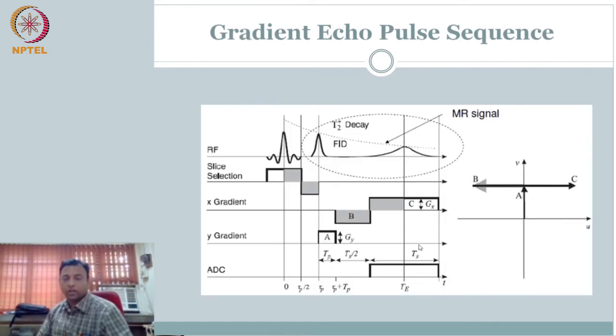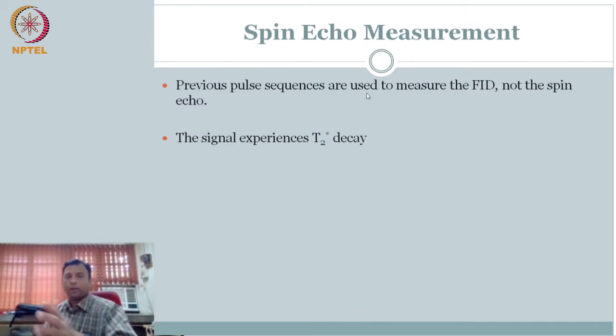So let's also complete, by the same token, what we talked about for gradient echo. We will also talk about our spin echo that we did before, and how to represent that also in this sequence diagram that we have built to communicate. So recall the previous pulse sequence that we have done so far is free induction decay, or a copy of the free induction decay due to the gradient echo, not due to spin echo which we covered before. So the signal actually experiences T2 star decay.